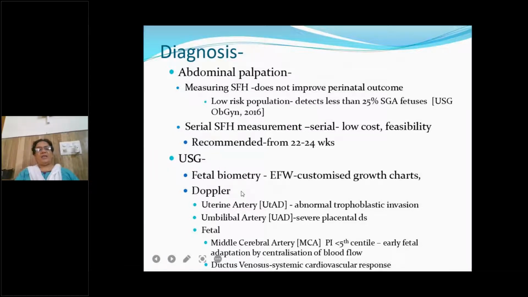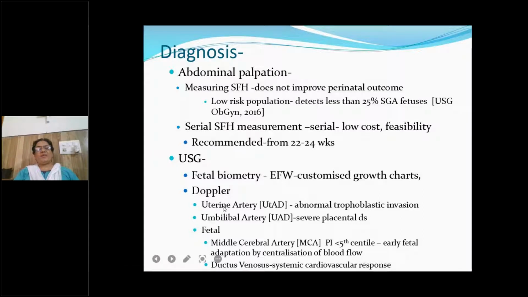The second modality on ultrasound that can be used is Doppler ultrasound. Doppler detects the hemodynamic changes which occur in a fetus. If there is a factor which causes stress to the fetus or is likely to cause growth restriction, the fetus will respond to that stress, and that will manifest in the Doppler changes. What are the different Dopplers we use? First is the uterine artery Doppler. Uterine artery Doppler of the maternal abdomen usually tells us about the trophoblastic reaction of the uterus. So it tells the maternal part of the